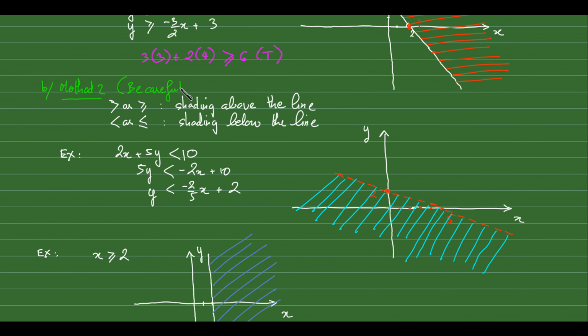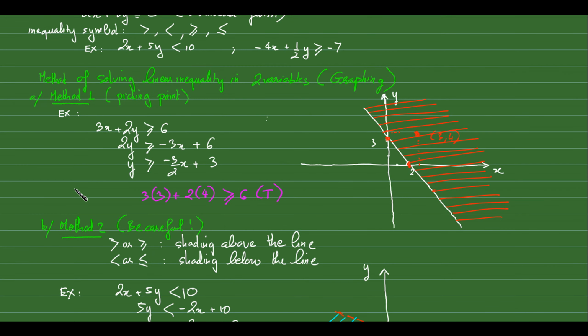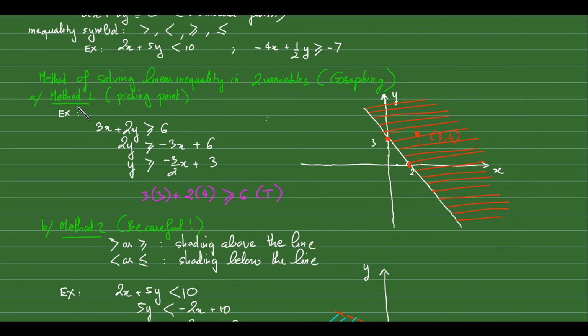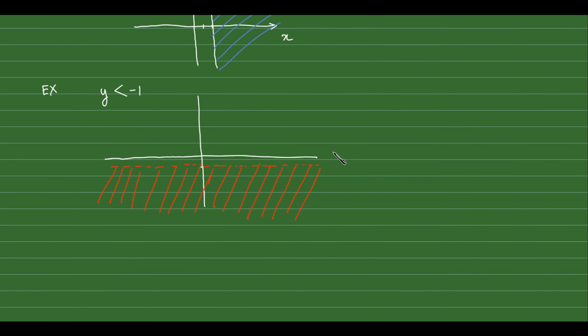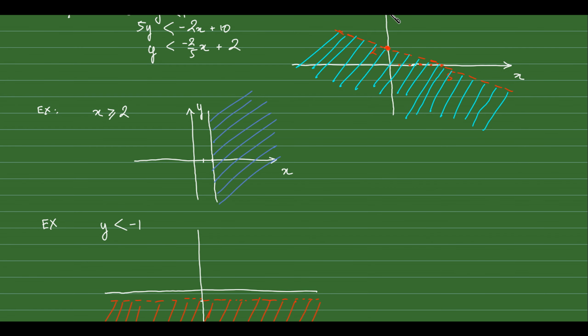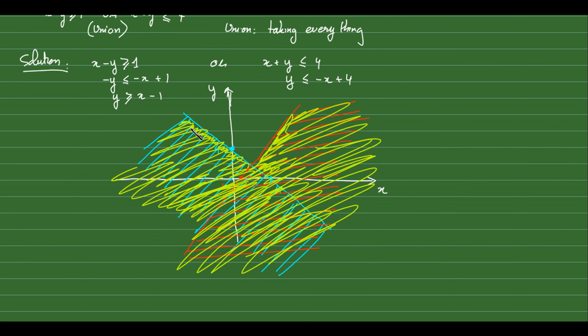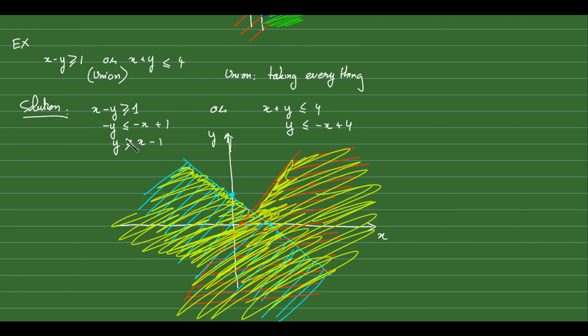So I recommend that if you're good, you go ahead and use both methods, okay? Because most of the time I use method number 2 here, but I always use method number 1 to pick a point and check which part will be the solution. You see, in this case is the evidence that shows you that it's greater than or equal to, it's greater